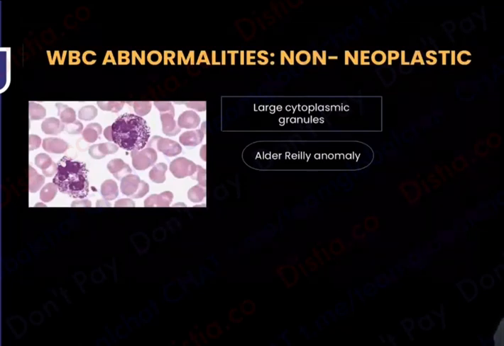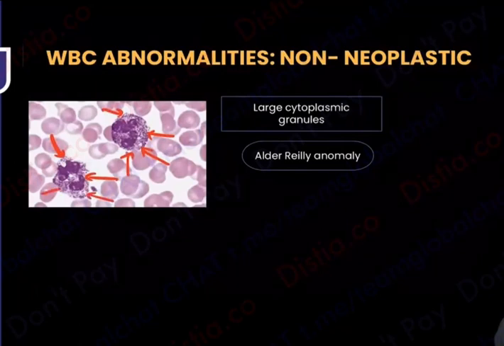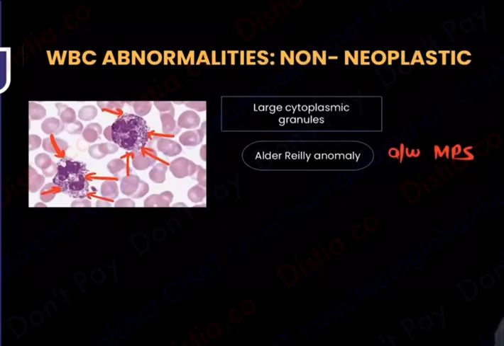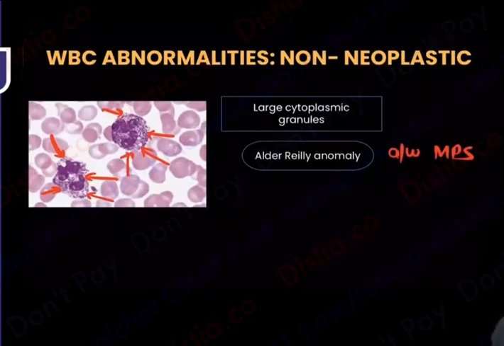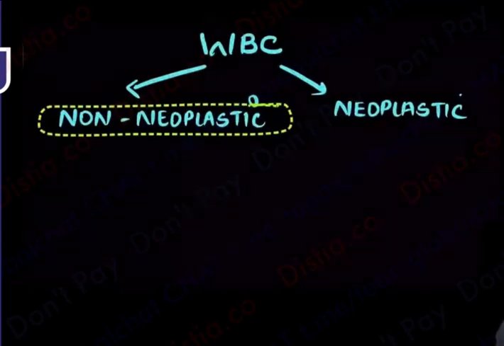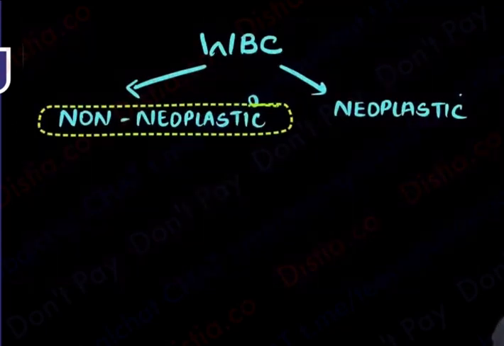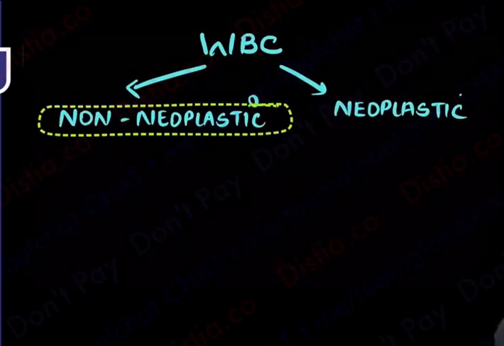Remember, Alder-Reilly anomaly also shows you lots and lots of granules. There are large cytoplasmic granules that are noted. Remember, Alder-Reilly anomaly is usually associated with mucopolysaccharidosis and lysosomal storage disorders. That is the association of Alder-Reilly. That also shows you large granules. With which we have wrapped up the first part, and that is the non-neoplastic variety of the WBC disorders. Having discussed all of this, we are now going to start off with the neoplastic